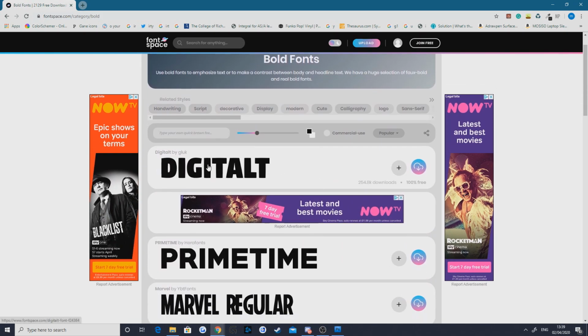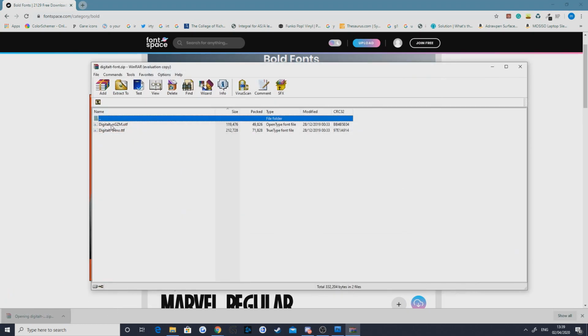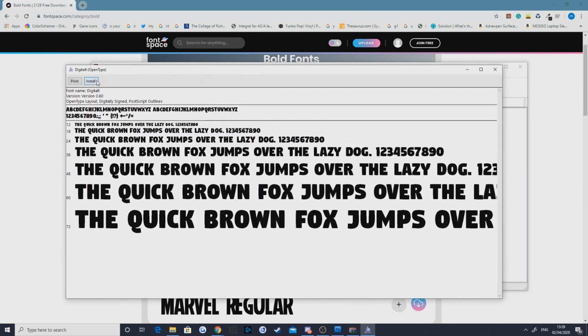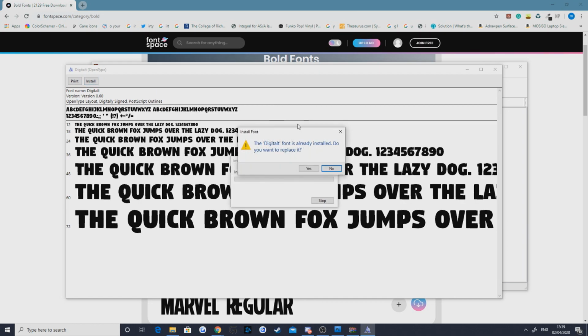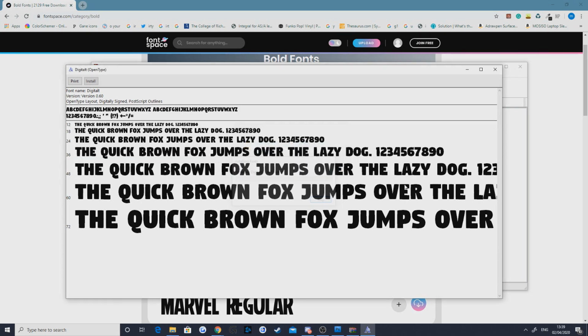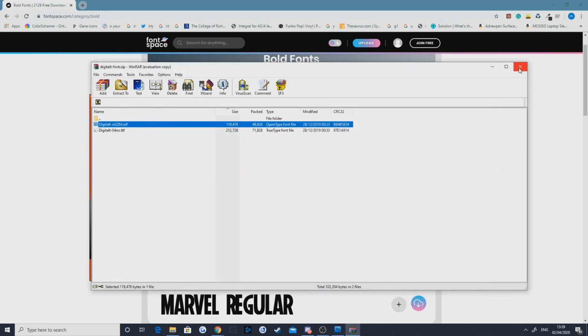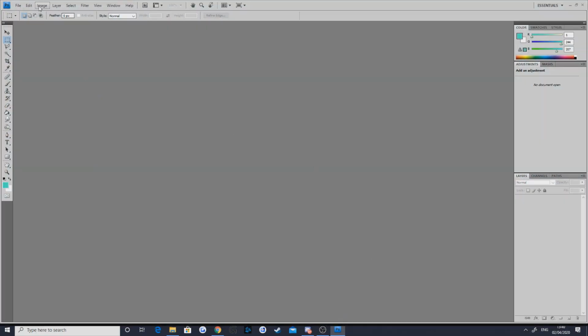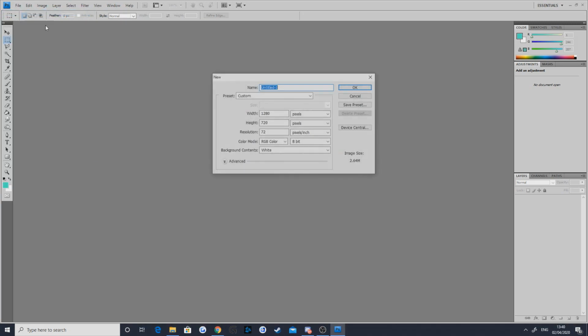The first font, Digital. I don't know what that says. So we'll click download, open that up, and we should just be able to go into here and click install, and that will install the font onto our computer. I already have it installed. So I don't want to replace it, but you just want to click install, and that will get it installed. Then we're going to want to go ahead and open Photoshop, and because we are making thumbnails,